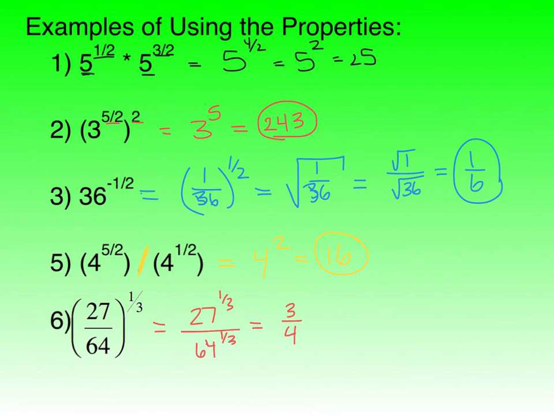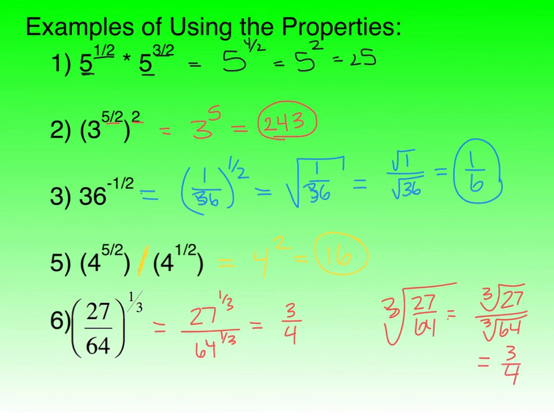If you're not a fan of the way I did that problem, then you could have changed it to the cube root of 27 over 64, which would then become the cube root of 27 divided by the cube root of 64. If you use your exponent chart again, the cube root of each of those would just be 3 over 4